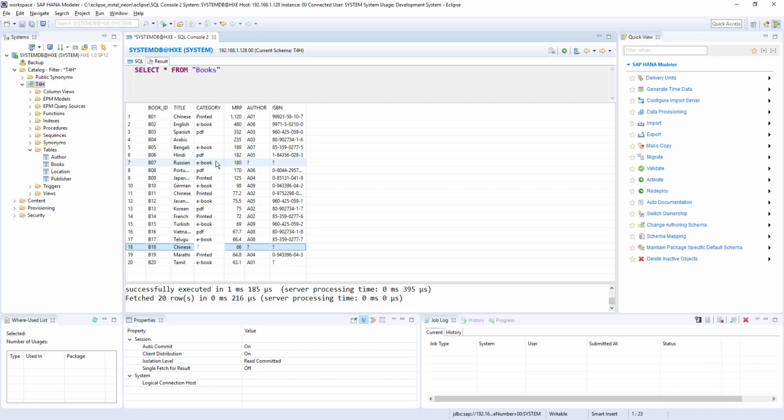So the null value is reserved by the DBMS, and don't assume null is equal to a 0 of numeric type, or equal to an empty string or space character for the string data types. So null is something else. It's called an unknown value, or you can assume anything, but it's not a 0 or blank. If you observe here in book B04, we have a blank. This is something called blank, but this is not null. But the question marks we see here, those are the null values.